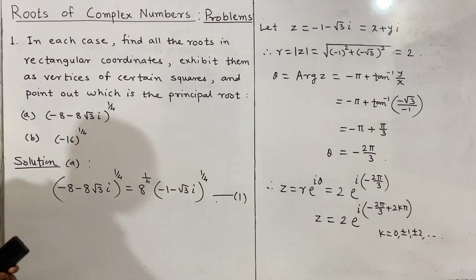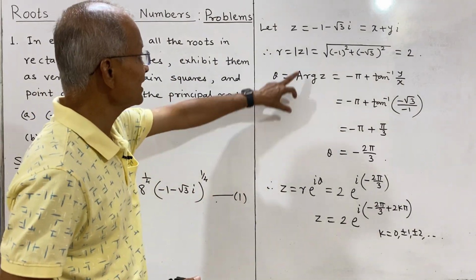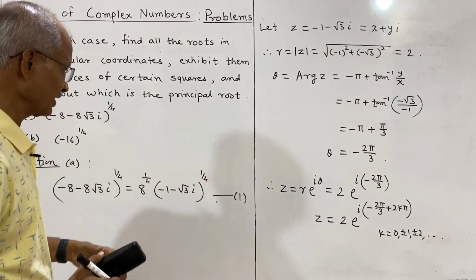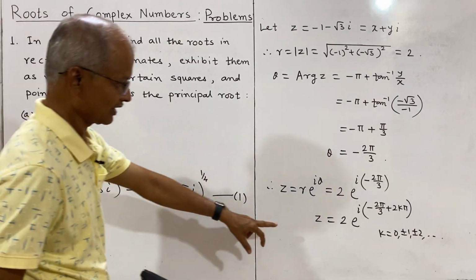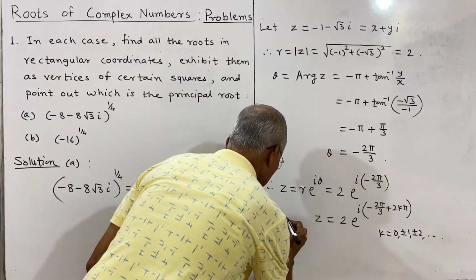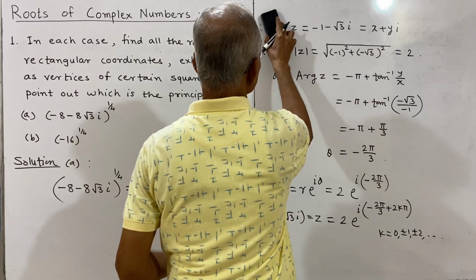This is the value of z that we have, and we shall use this value of z here in equation 1. With the help of this expression for z, which is −1 − √3 i, equation 1 becomes